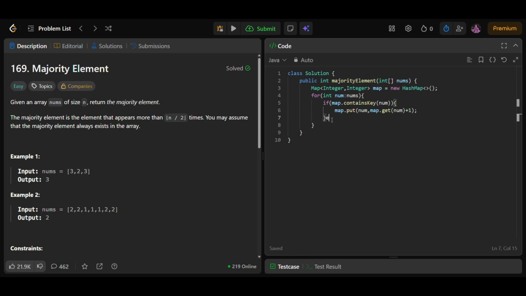But if the element is not there, then we are just making its occurrence one because it appears for the first time. And if we have encountered it a second time, then we get the number of occurrences and increase it by one. In the end, we will iterate over